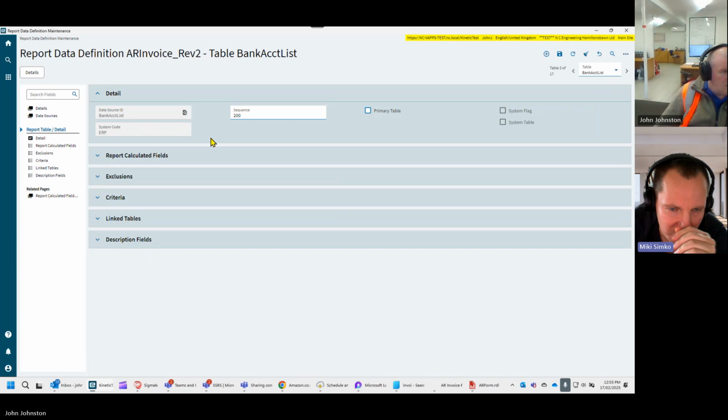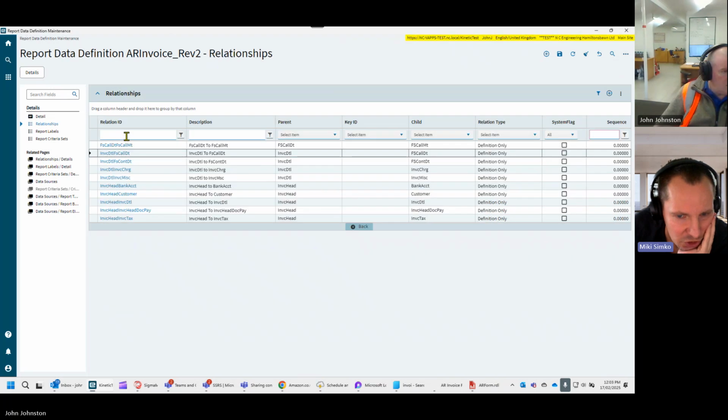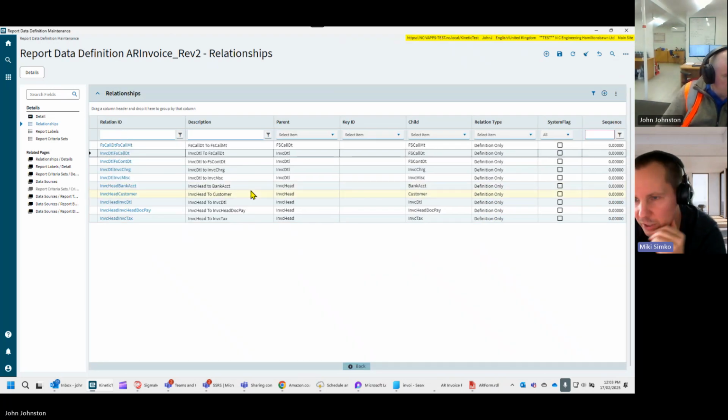If you go to details on the left-hand side in the tree, you should now see relationships. And over here we need to create a new relationship, link it to the bank account list or the header. So if you go to the plus sign,